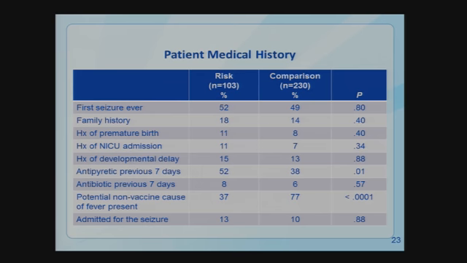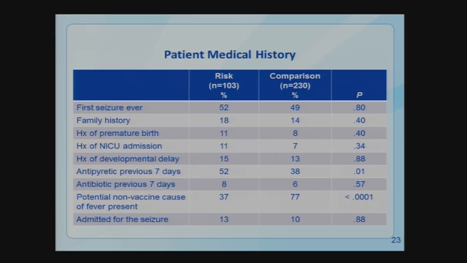So then further looking at these patients and their medical history, we'd see that for about half of these patients, this event represented their first ever seizure in their lifetime, which means that for half it did not. They had a previous history of seizure. We saw no differences between these 2 groups in family history of febrile seizure, history of premature birth, NICU admission or developmental delay, other potential risk factors for febrile seizure. Those people who had their seizure in the risk interval were slightly more likely to have received antipyretics in the week before their seizure, but they were not more likely to have received antibiotics.